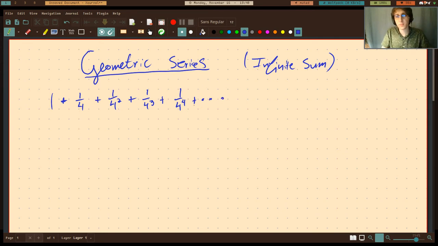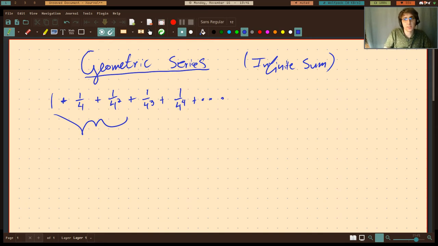But of course, if it goes on forever, how are we ever going to get a number out of it, right? You can't calculate infinitely many terms. You have to stop somewhere. So let's stop here. Stop after the third term,